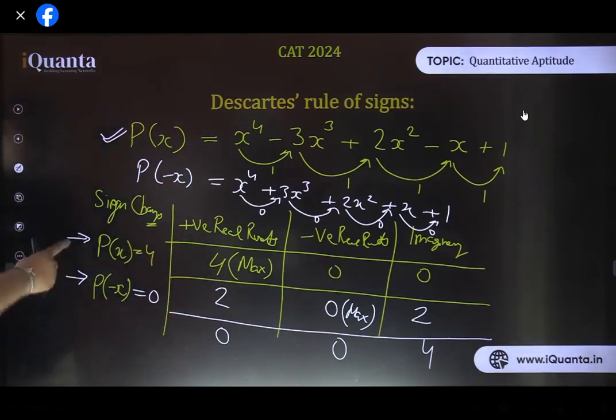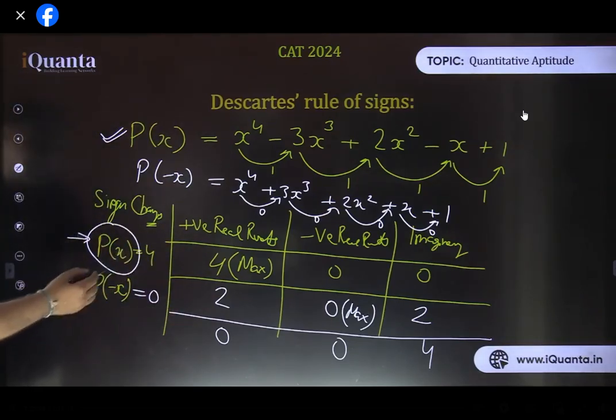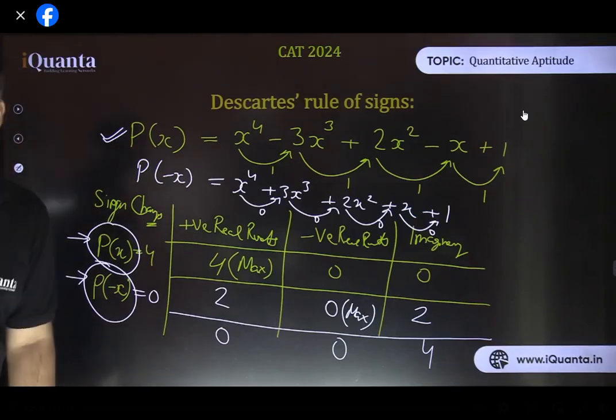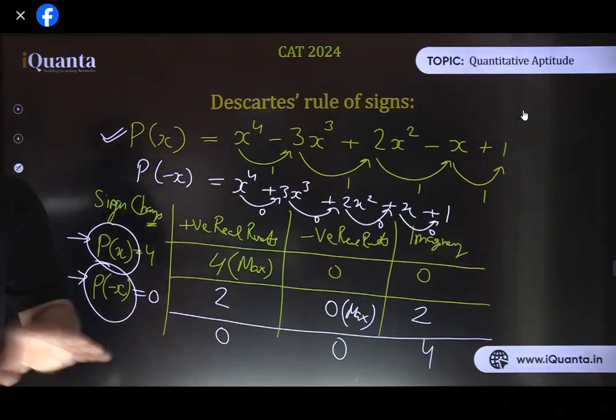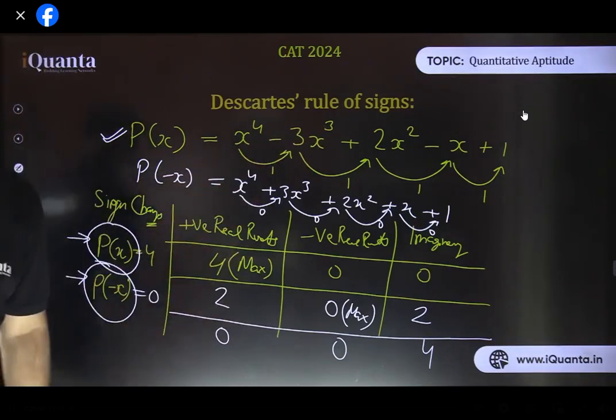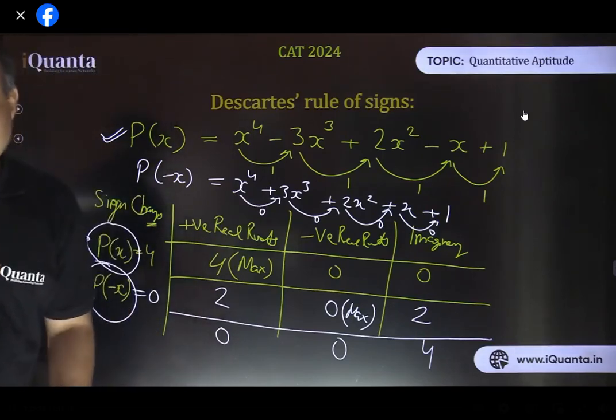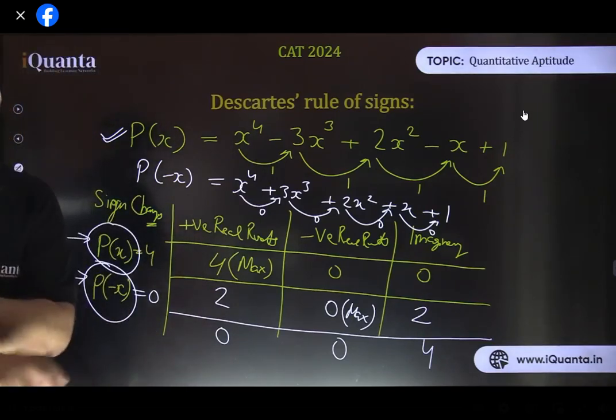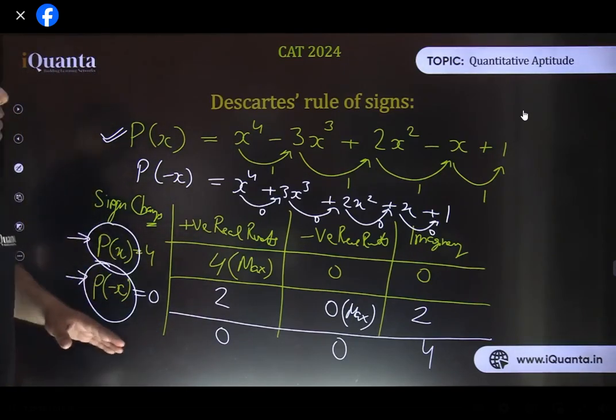So these are the 2 properties which we have to use: the number of sign changes in P(x) and the number of sign changes in P(-x). Is it fine? We can't find the values. I'm not going to find the values of x. I'm not going to solve it. Solving a polynomial is not an easy part ever, and we are not going to do that. That's not required also. We just need to find out